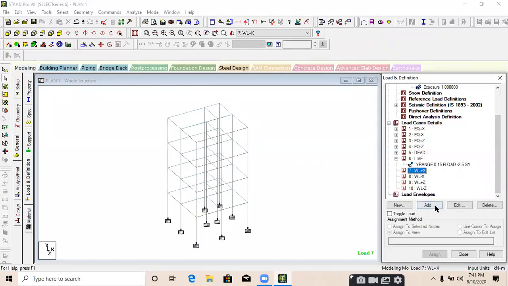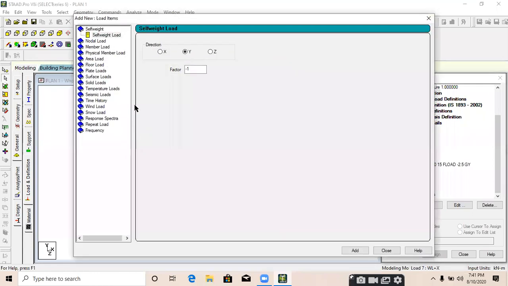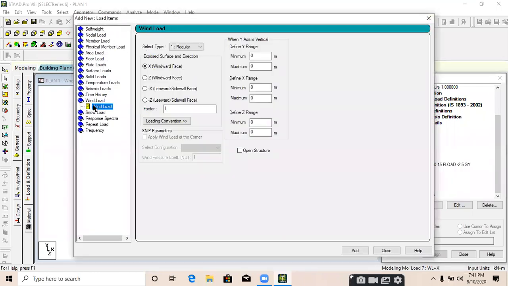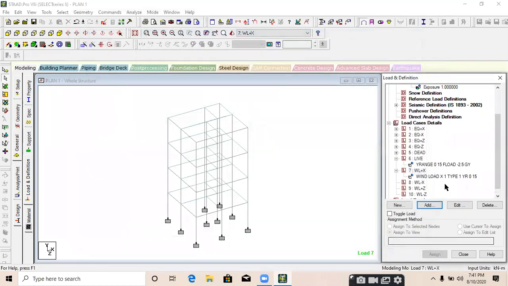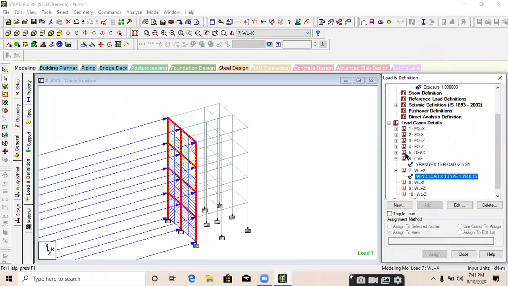Select the first one, go to add, wind load x direction, x windward phase, factor will be 1, y range, provide the maximum height of the building, 15 meters, add and close. It will show like that.